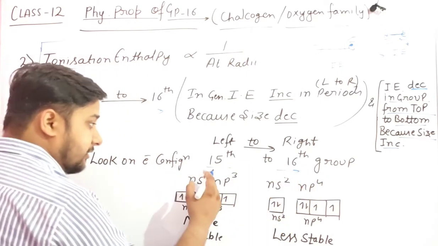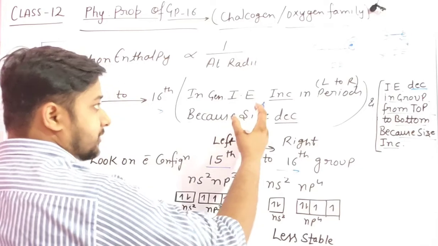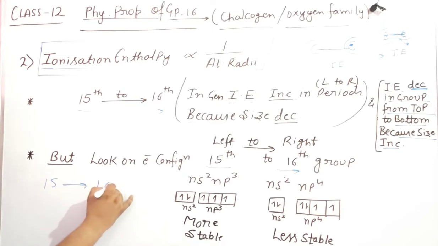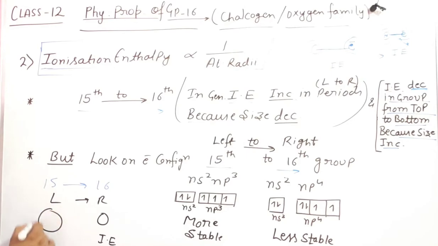When we are moving from group 15 to group 16, according to the general trend of ionization enthalpy, the size is going to decrease from left to right. Clear? So there is a difference between the ionization enthalpy required by group 16 and by group 15. This is the big size for group 15 in general, and group 16 has a smaller size as compared to the group 15 elements. So the ionization enthalpy required by group 15 elements and by group 16 elements, this will be the general trend.